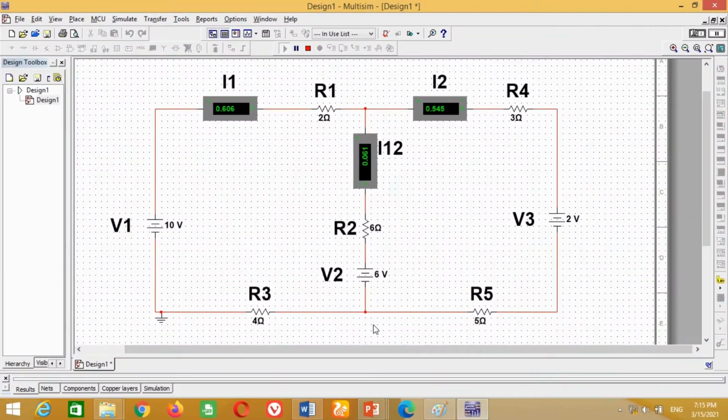Friends, in this tutorial I have discussed how to solve electrical circuits using Kirchhoff's voltage law or the Maxwell mesh current method or loop method in Multisim software. By doing the same way, any electrical circuit consisting of 2 loops or 3 loops from any book can be designed in Multisim software, and its performance can be analyzed using Kirchhoff's voltage law.